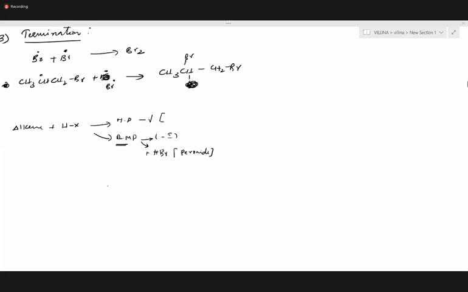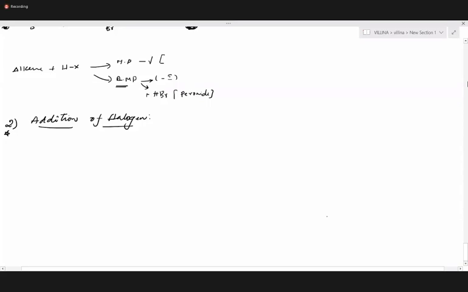So let's go for the second addition reaction, that is addition of halogens. Take down the second addition reaction, addition of halogens. You might be having a doubt, why are we adding both the halogens? In the previous step we added only one hydrogen and one halogen, right? But this part is very important. They have asked one question from this area also, regarding the specificity of adding these hydrogens and halogens.